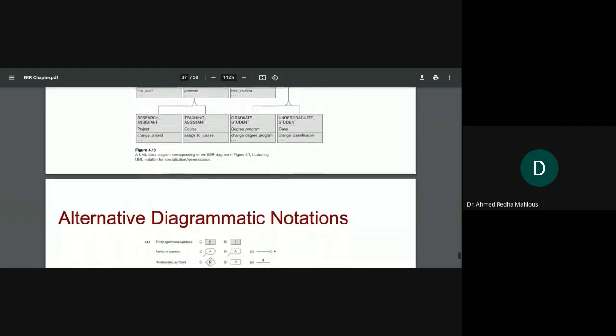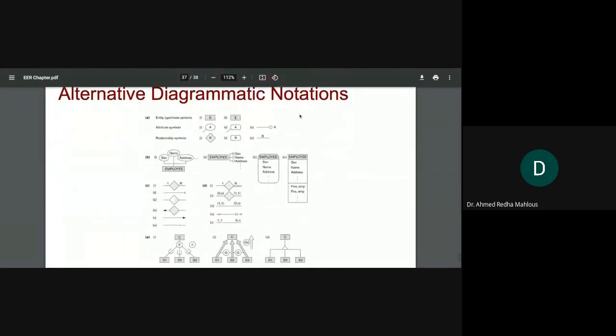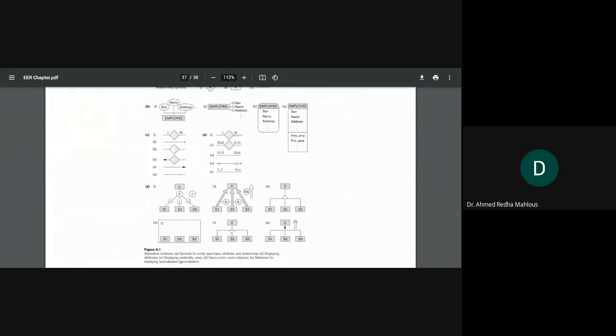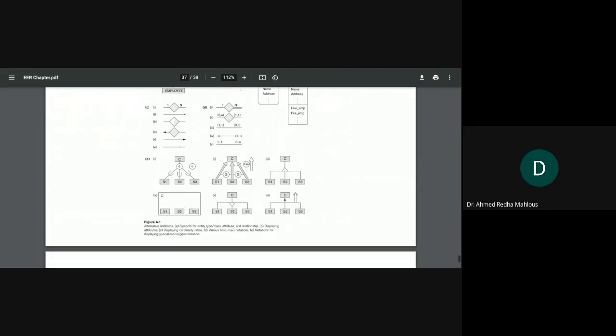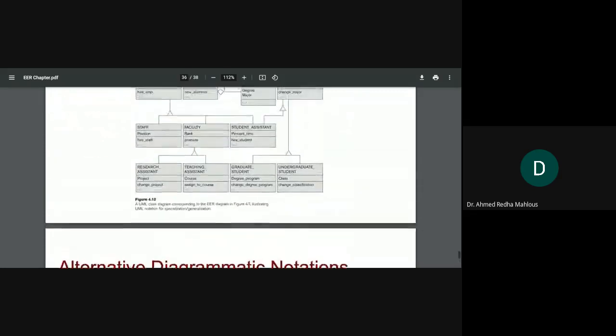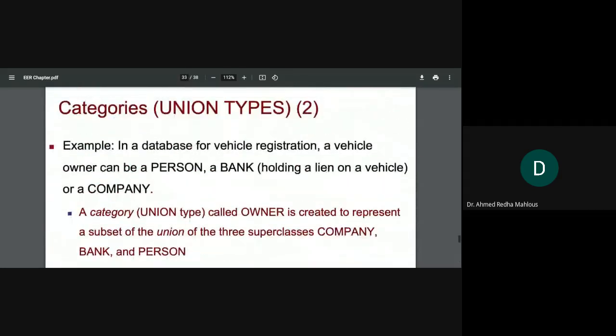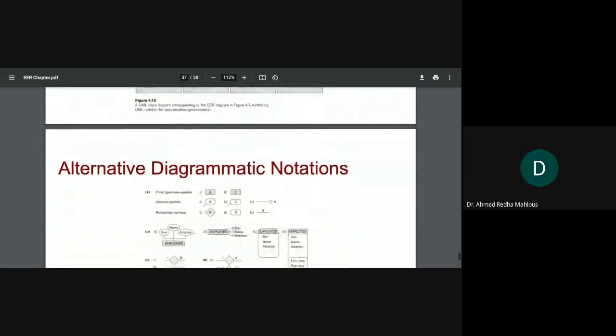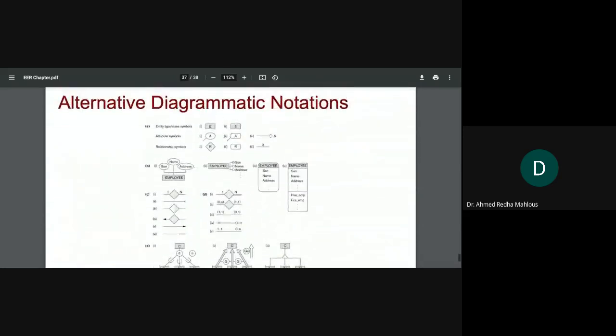to draw an ER diagram. These are alternative diagrammatic notations, depending on the model you are choosing. In our course, we are choosing the ER model, so we have adopted the previous notation that we covered in our ER and EER chapter. It is just for your information, to know that you might find different notations in some textbooks. It is a common thing. It depends on what type of model you are adopting to show the scenario or the design